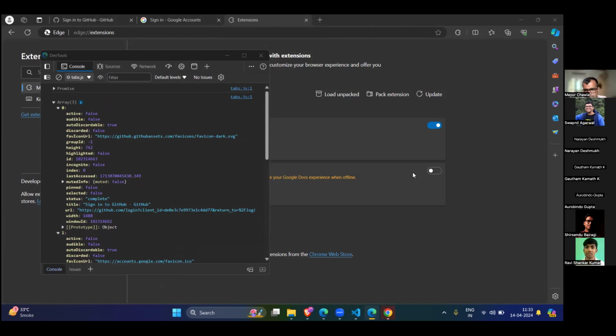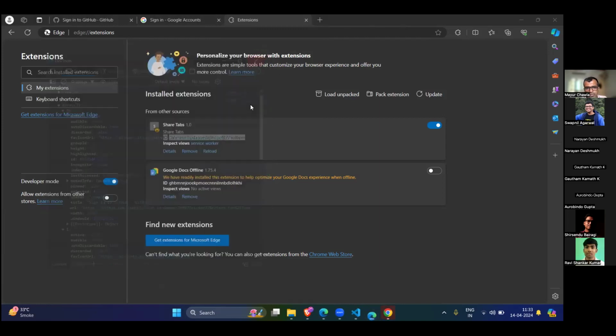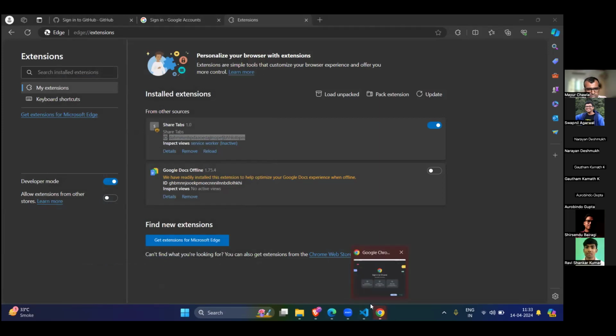Yeah, it is same for Chrome, it is same for Edge, it is same for Brave browser. So one point I would like to highlight here from the understanding that